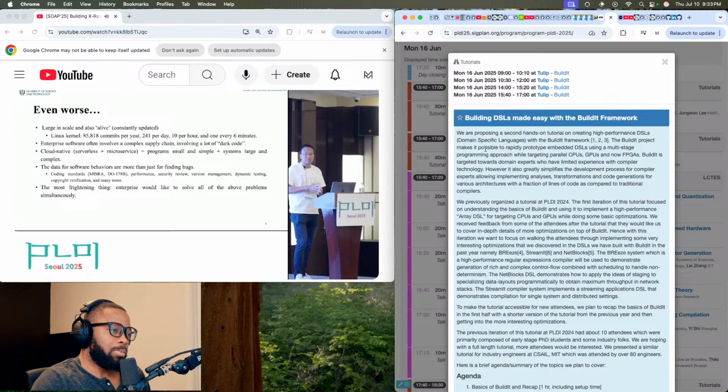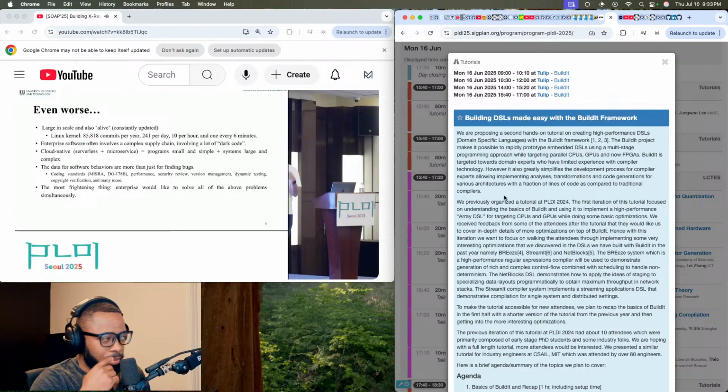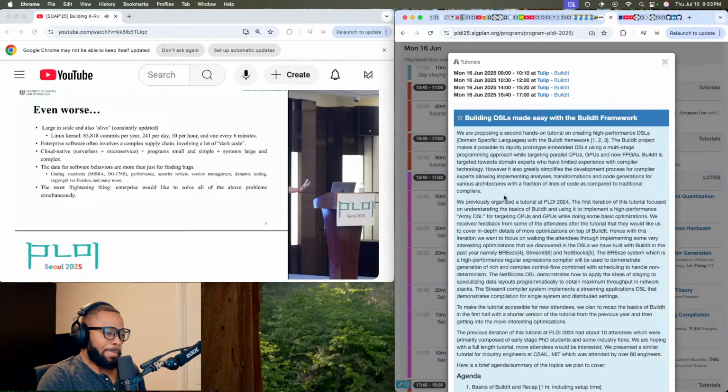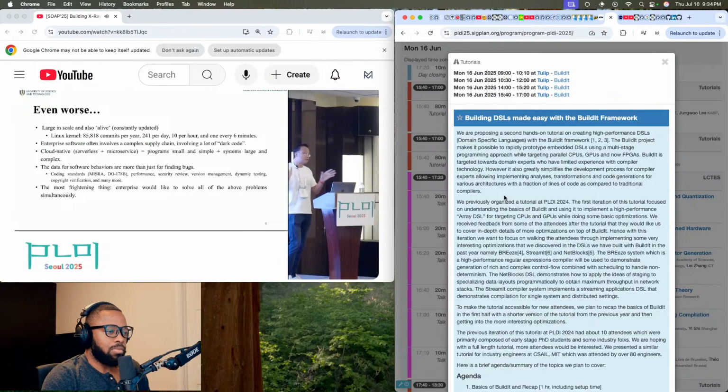And there is even more bad news. I work with enterprise a lot. So enterprise means that these are the big software that provide sophisticated ongoing services for many people, okay? Such as the Linux kernel. So they're not only big, they're also changing, they're also alive. For the Linux kernel, every 6 minutes there's a commit. Okay? So this is very easy to tally. You can look at the GitHub data.